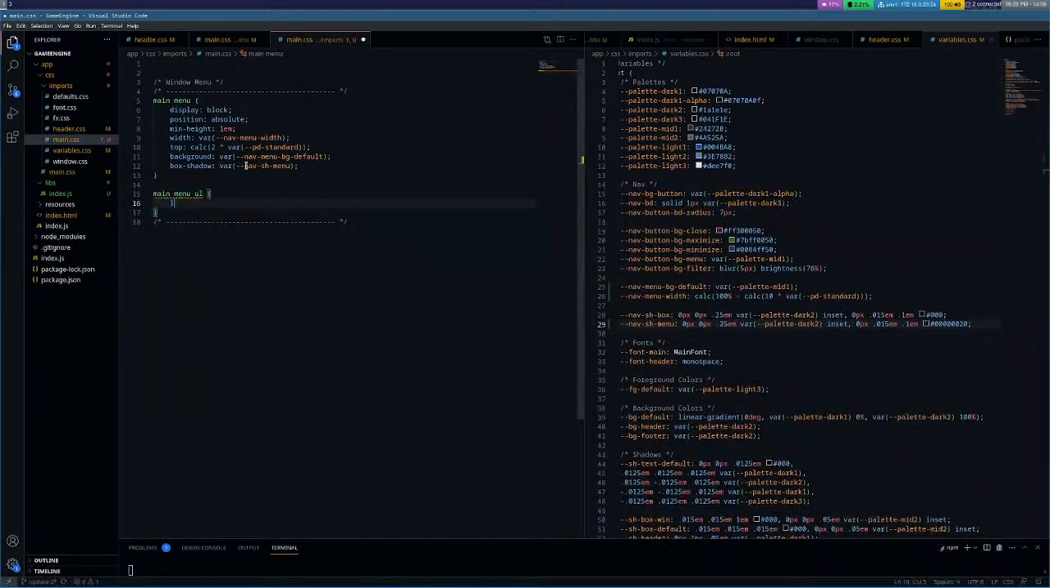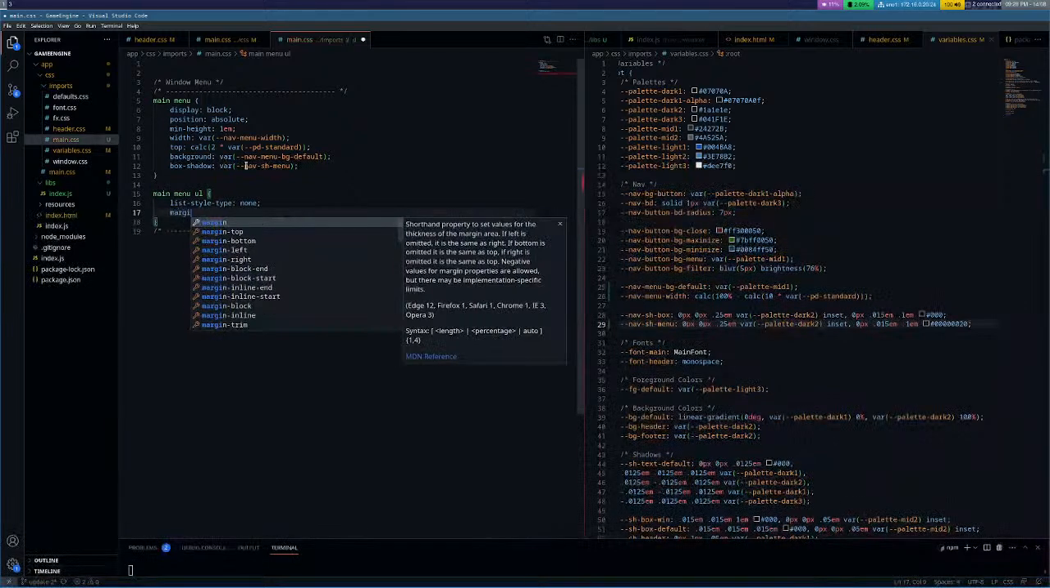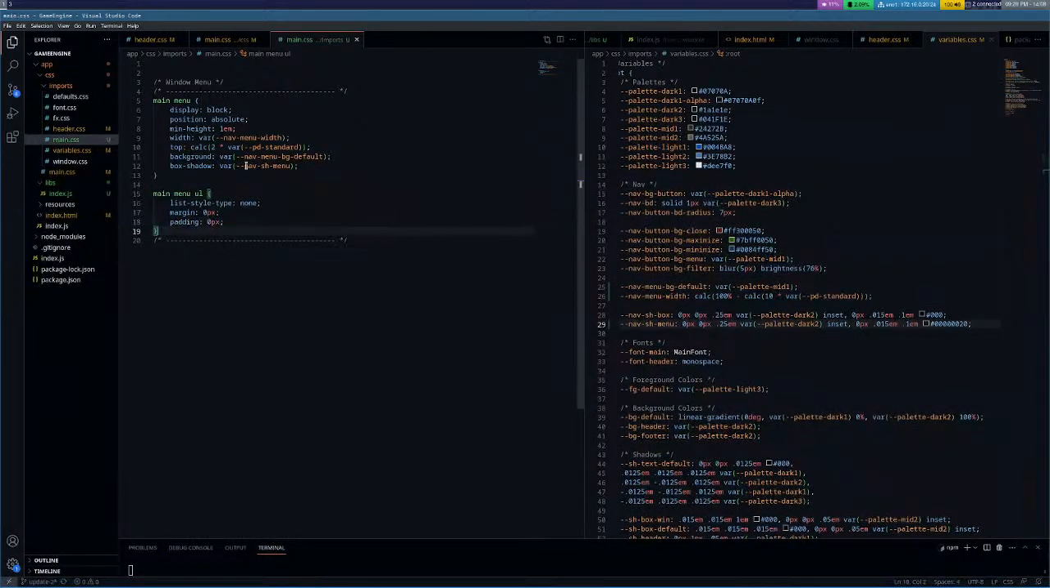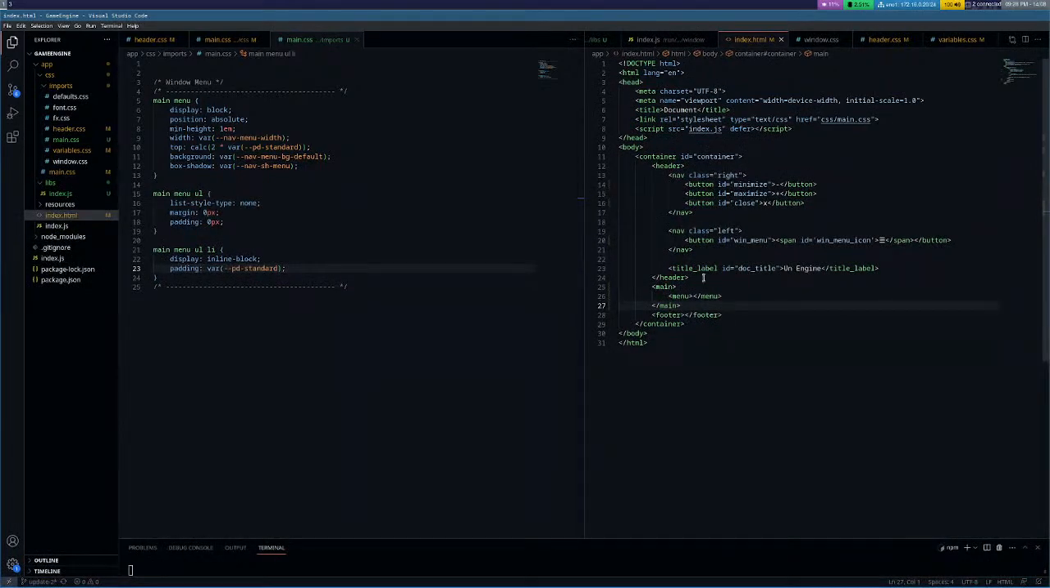Main menu UL, list style type none. Margin 0 pixels, padding 0 pixels. Main menu UL LI. Display inline block. Padding bar BD standard. So now we can do this. That kind of thing. We have our little